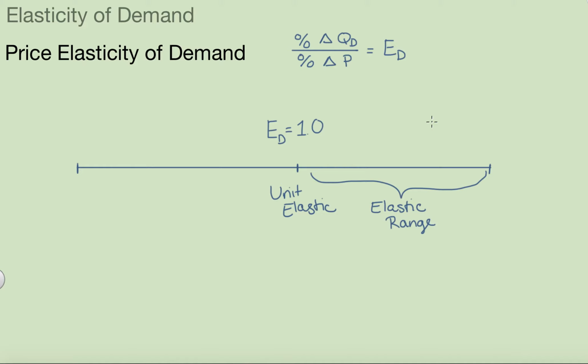However, economists kind of drop the idea of negative because we know that as numbers become larger, if they're negative, they're actually becoming smaller in the real world. So that gets very confusing. So we just look at the absolute values of this. Okay, so the absolute value in the elastic range is when it's greater than 1. So maybe we have something like the elasticity of demand equal to 2, which is a very elastic good or